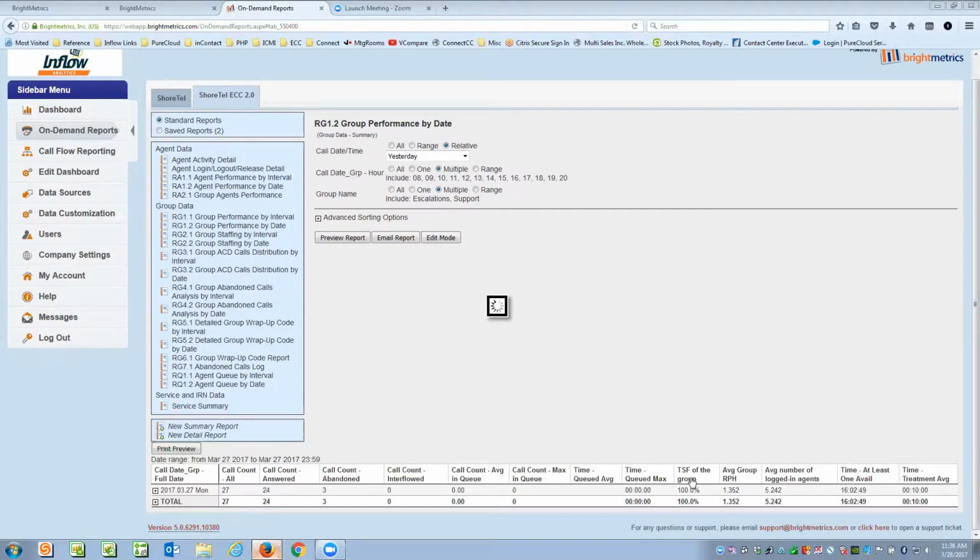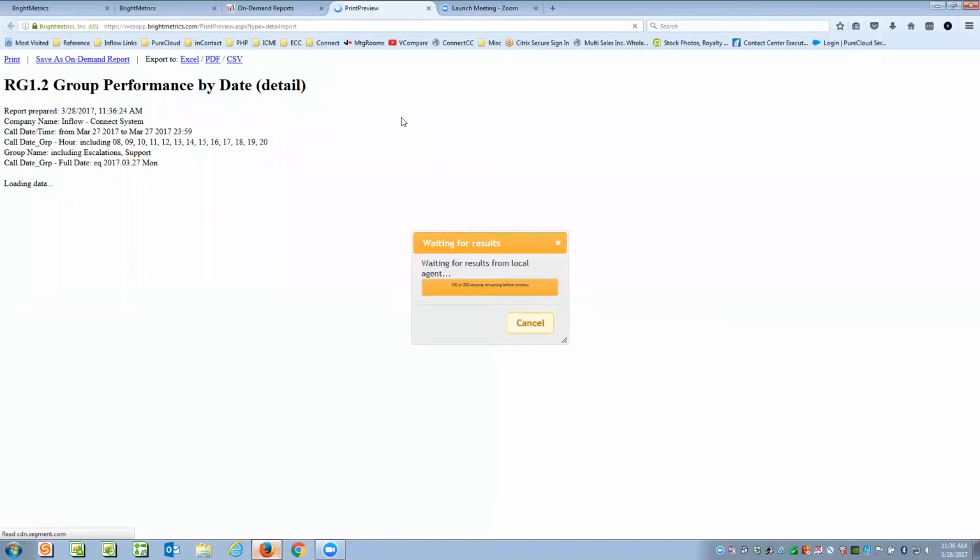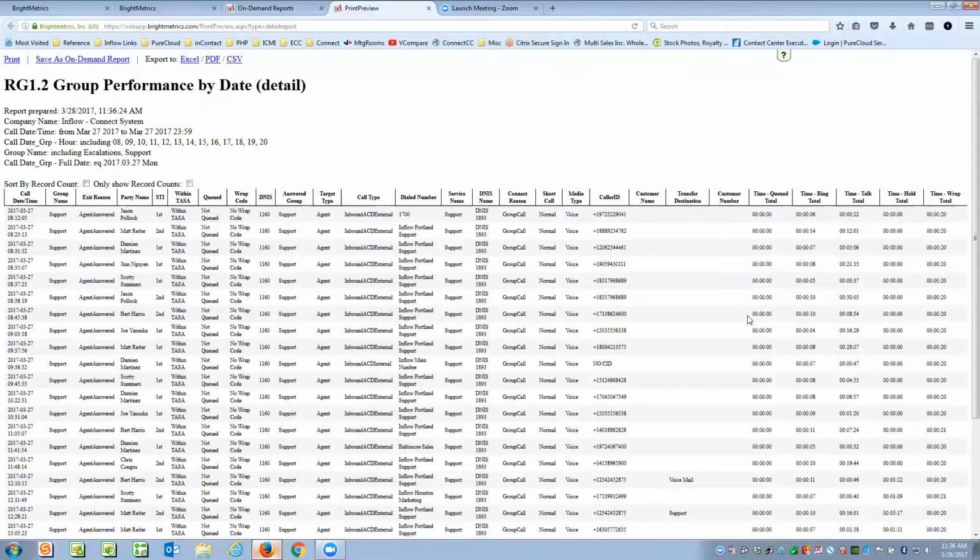And then you'll probably see a lot of data here that may or may not be relevant to you, but you can mix and match and really look at information. Let's go into the details here. Since we're looking just at one day, you can notice here on the left-hand side that the date turns into a hyperlink. When I hit that link, it's going to pop open a new tab, and then it's going to show me the details. Now you're going to be able to start to see some of the activity that I